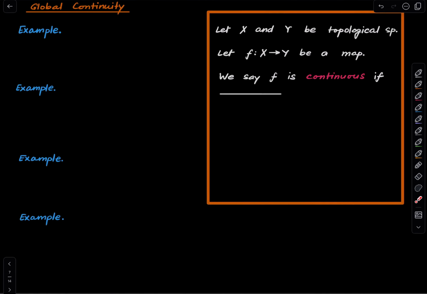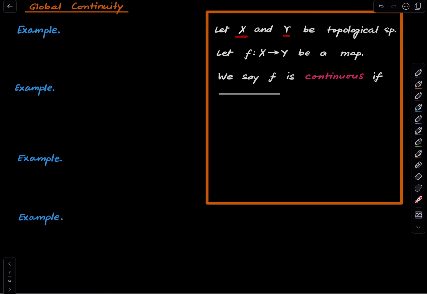Now for something interesting. What about global continuity? What do we mean by that? So suppose we have two topological spaces X and Y, and f is a function from X to Y. We say f is continuous. Previously we defined the continuity of f at a point in X. Now we are saying f is continuous if